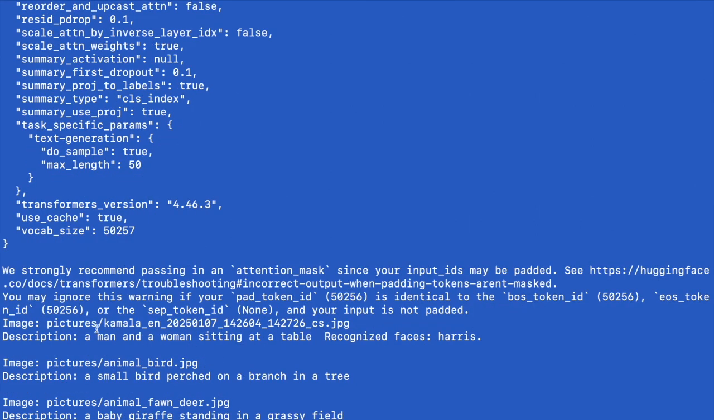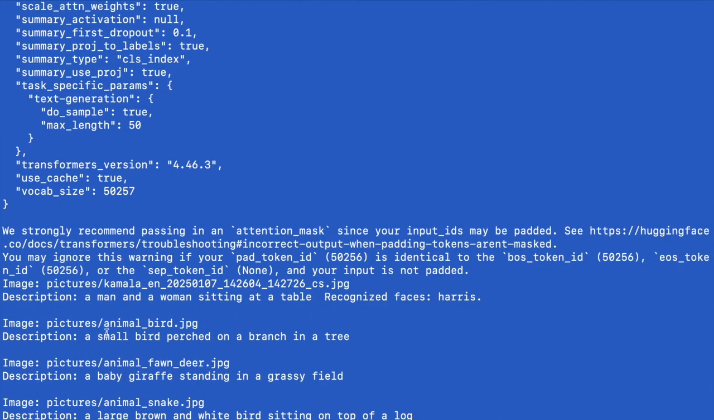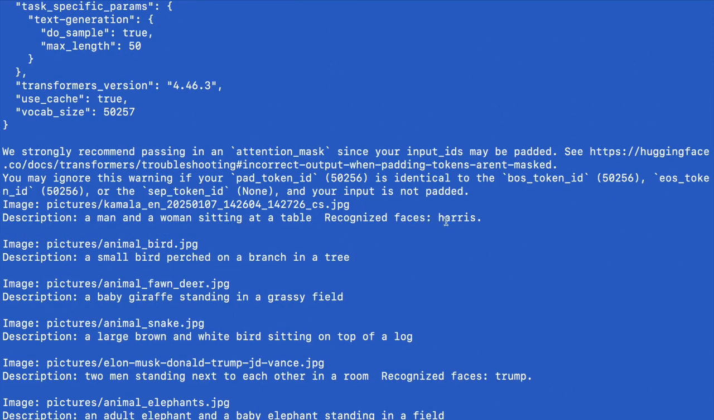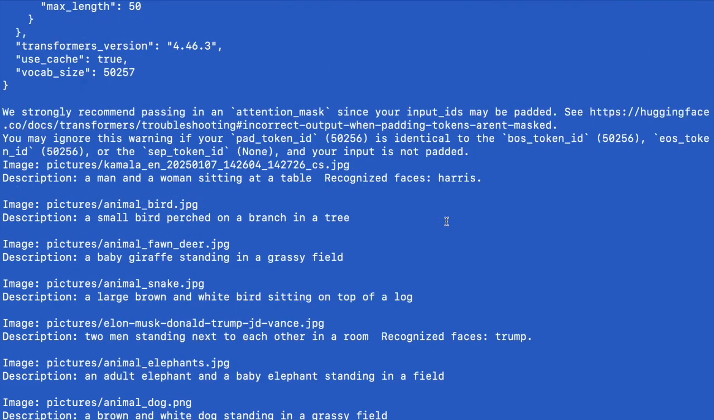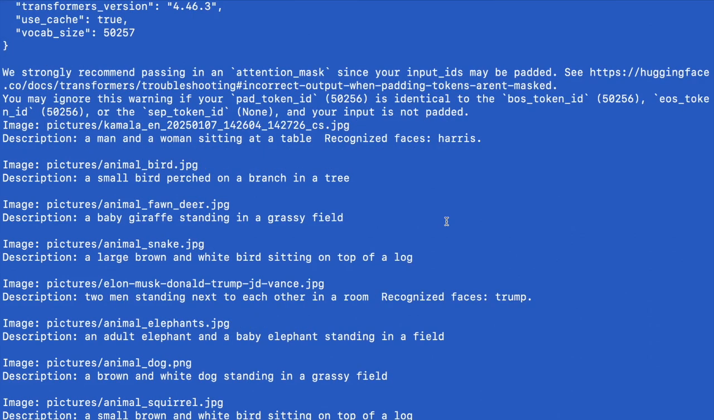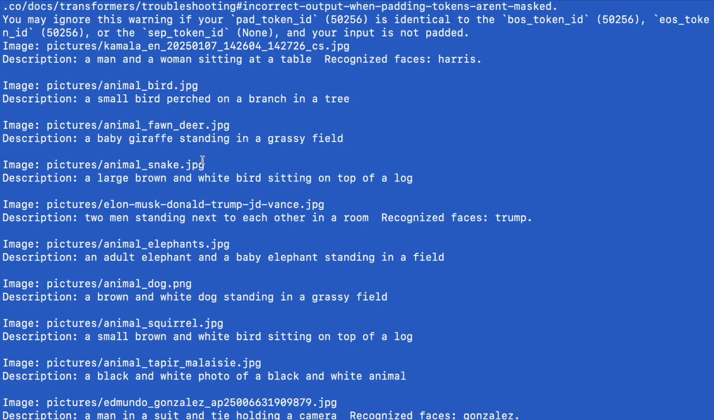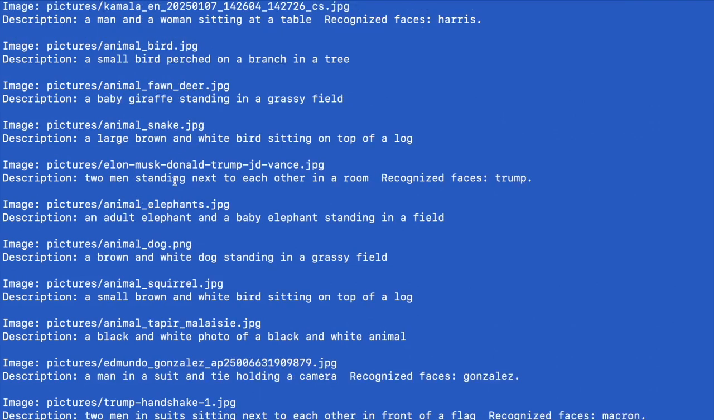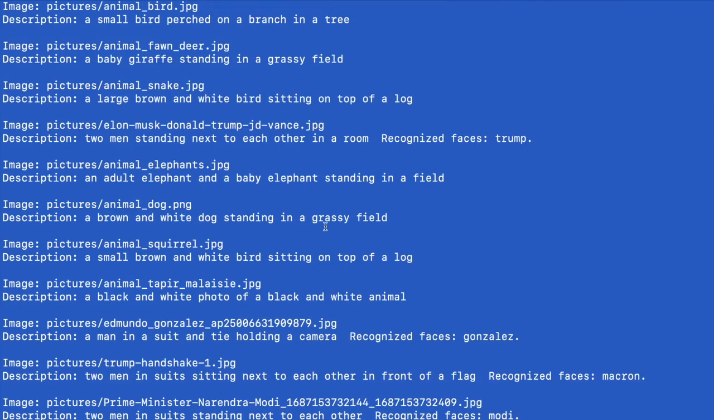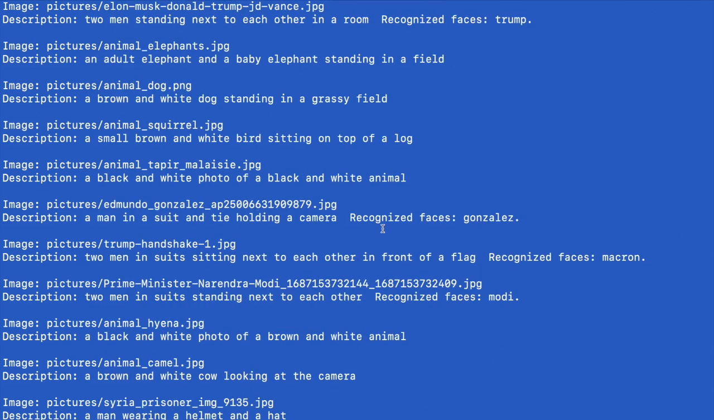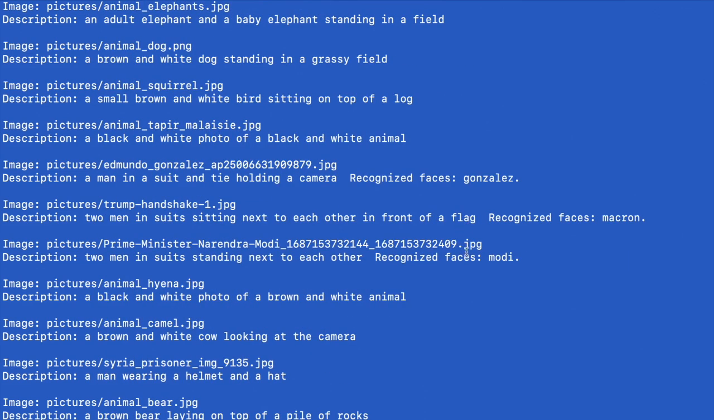So it's going to go through, you see Kamala Harris, so it has exactly made the same description, but then I say recognize face Harris, because she was part of these directories that I've made, and still have the giraffes, the elephant, but there's no one on it, so it does not recognize. You see a man in a suit holding a camera, yeah, Gonzalez, that's Edmundo Gonzalez, and then you have